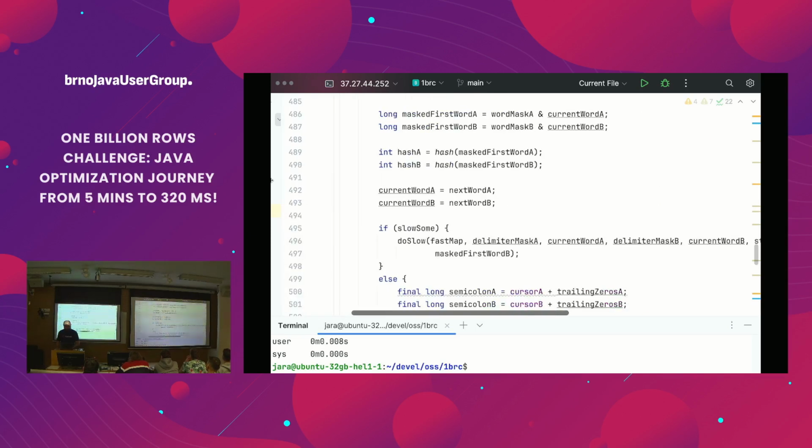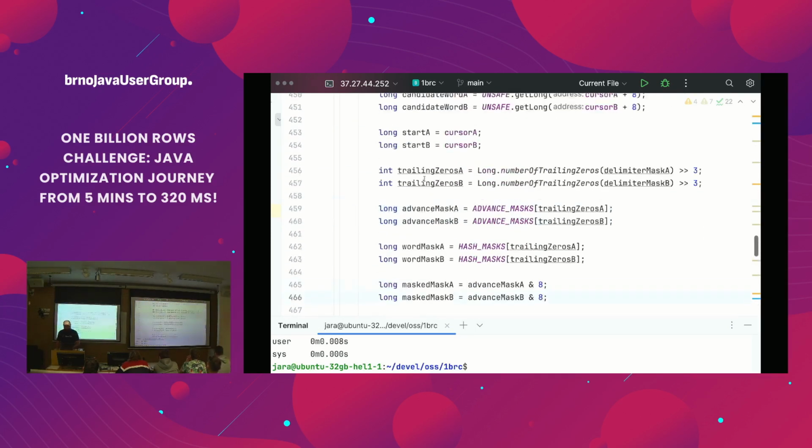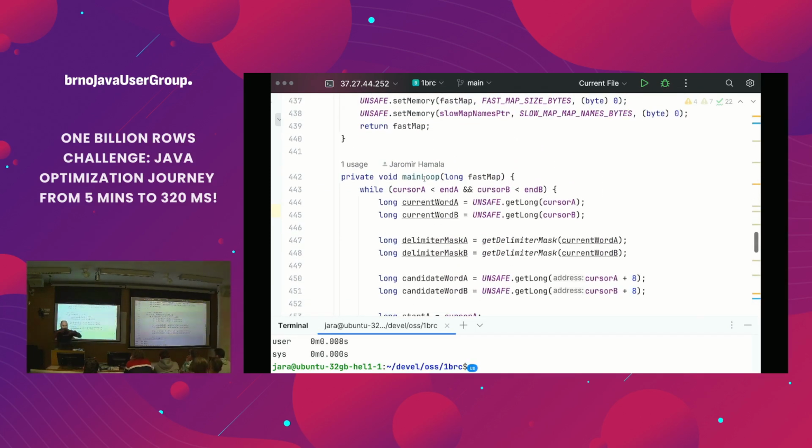The reason why it looks like everything is duplicated is to exploit instruction level parallelism. Imagine, even if I have zero unpredictable branches, the way it still works is: find the semicolon, and only after you know where the semicolon is, you can parse the temperature.